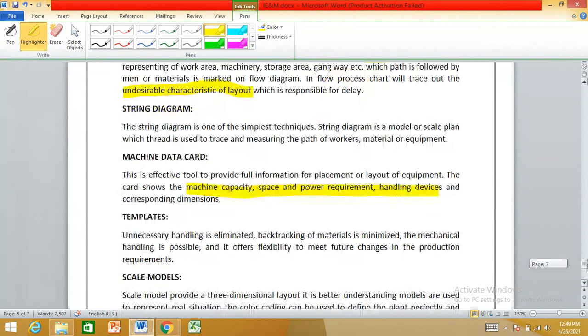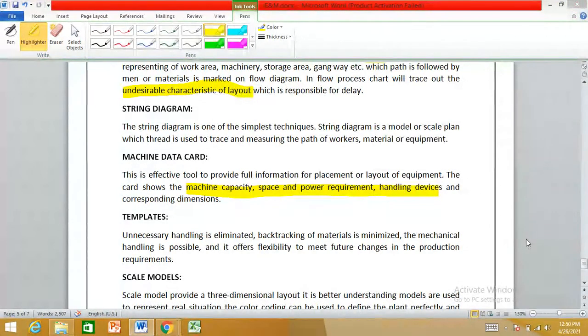Then our templates. Why are templates used? Unnecessary handling is eliminated, backtracking of materials is eliminated, mechanical handling becomes possible, and there is flexibility to meet future changes in requirement. That is why templates are used. How is a template made?